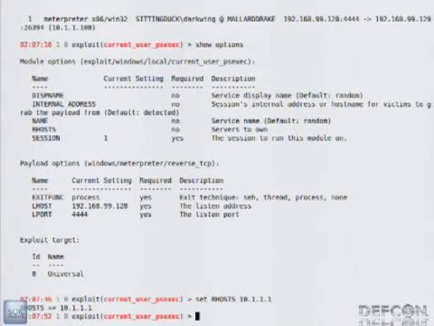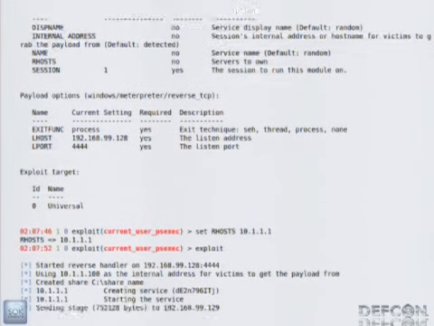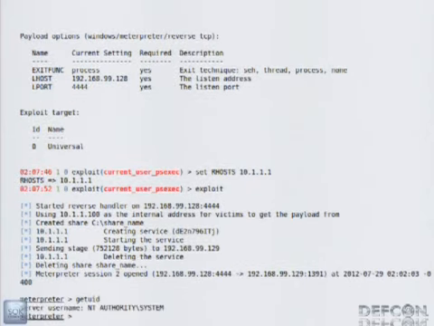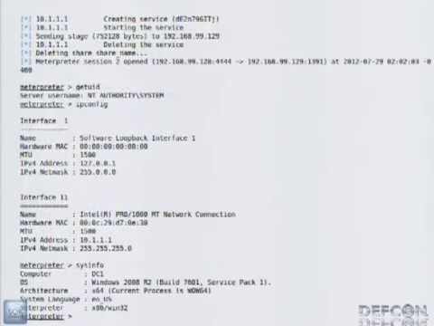Our host here, 10.1.1.1, is our domain controller. So now get UID, we're SYSTEM on this guy. He's the domain controller. And you can see that's the new address.